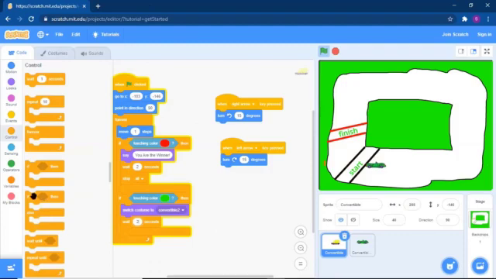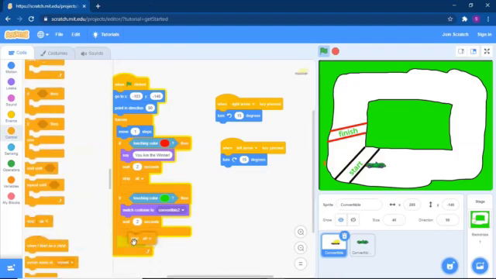So what we have to do in the control block, we will not use stop on, because it will only stop the scripts only. Now look at this, this has changed. That means whenever it starts at the point, the costume should be the original one.